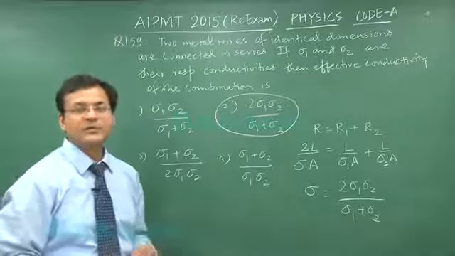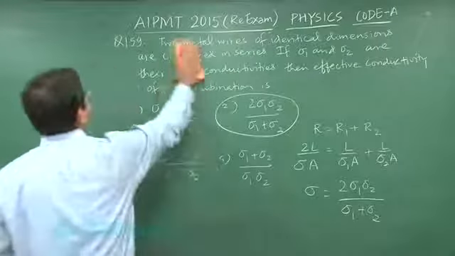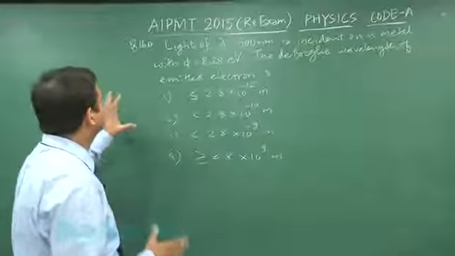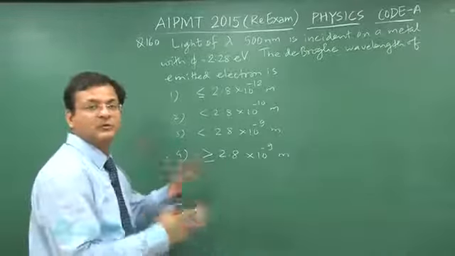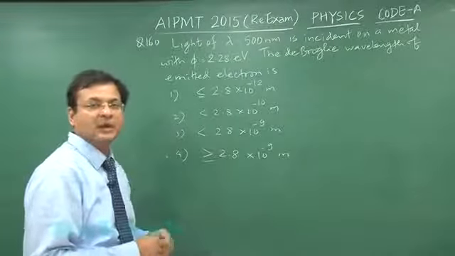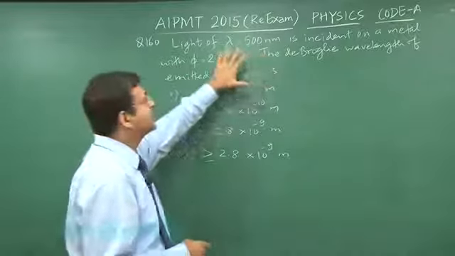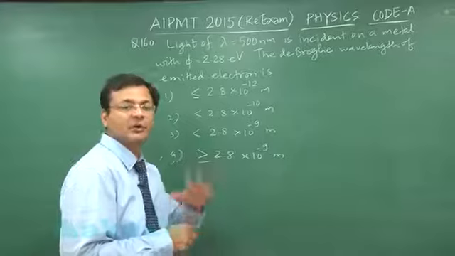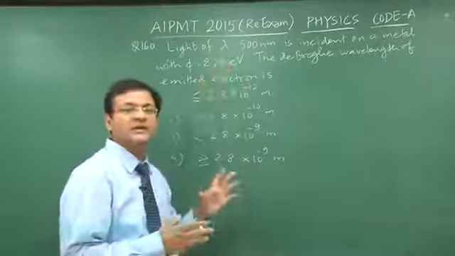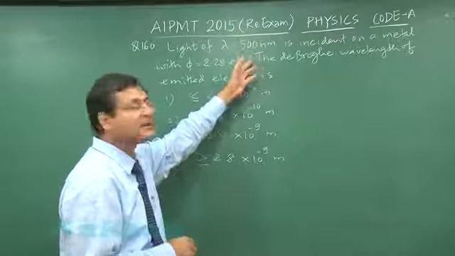Switch over to next question 160. Now in this question, which is based on dual nature, you have to make use of two equations, one of photoelectric effect and that of de Broglie hypothesis. It says that light of wavelength 500 nanometer. Now see, 500 nanometer has a standard energy value of approximately 2.46 electron volt, because 1.23 electron volt is equivalent to 10,000 angstrom. So this is 5,000 angstrom, approximately 500 nanometer.